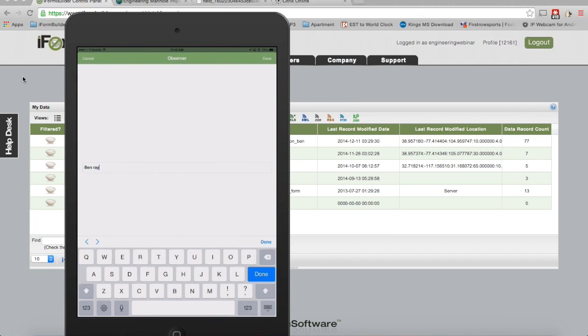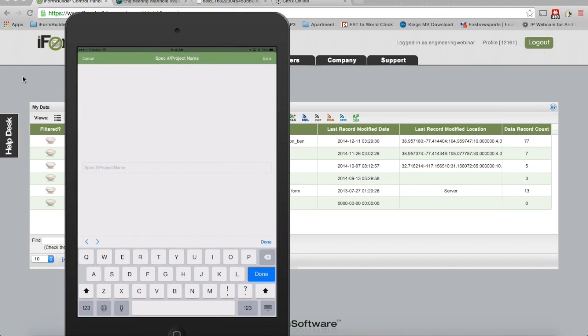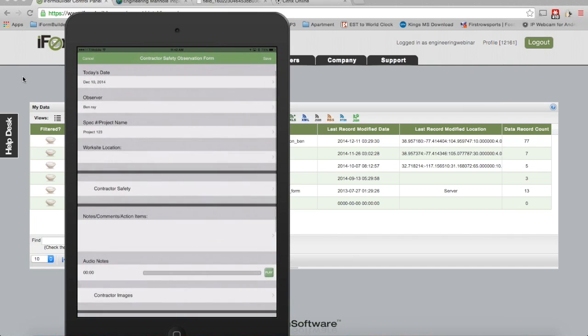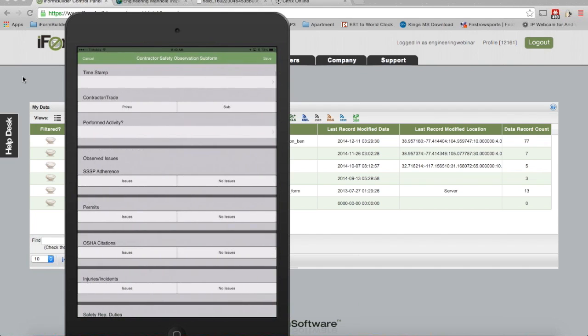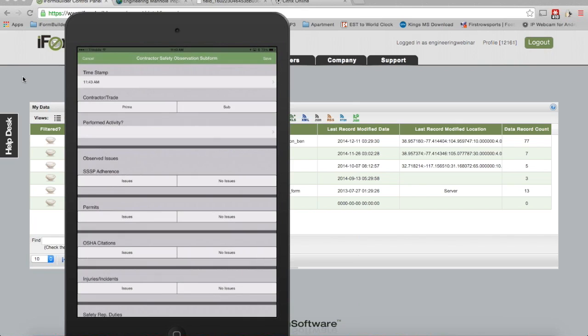So the observer will be Ben Ray. The spec project name, this will be project 123, and then we can actually look up the work site location. I don't have that configured at this time, but we can certainly do that. And then inside of the contractor safety, here's the main inspection report that they do, right? So they have a timestamp here of when they did this, the contact or contractor trade, was it a prime or sub,